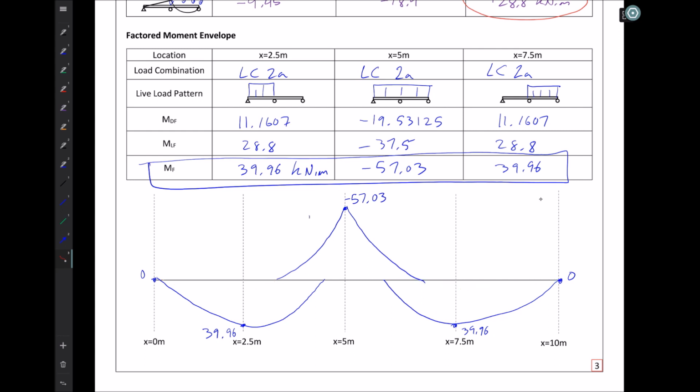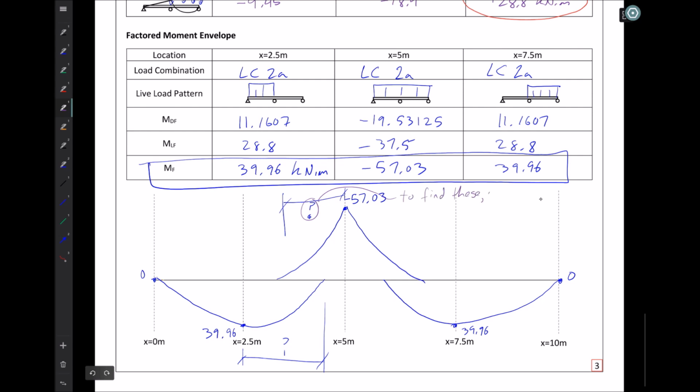So the next thing that I have to look at is the locations of my transitions from positive to negative moment. Here and here. And let's measure from here over to here. Now these locations I'm not going to compute in this example, but like we discussed with the shear force one here, if we wanted to figure out what we've got at those two locations, we would have to go back to some equations for a moment. So to find these,